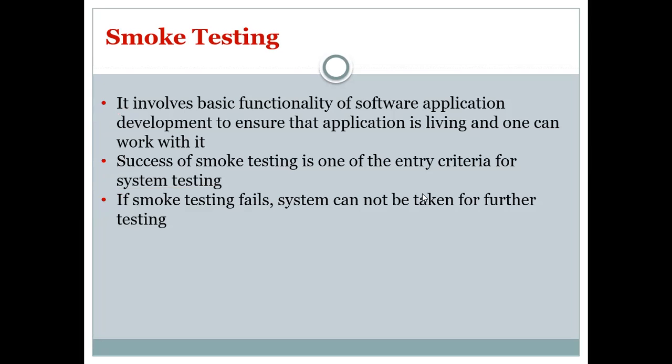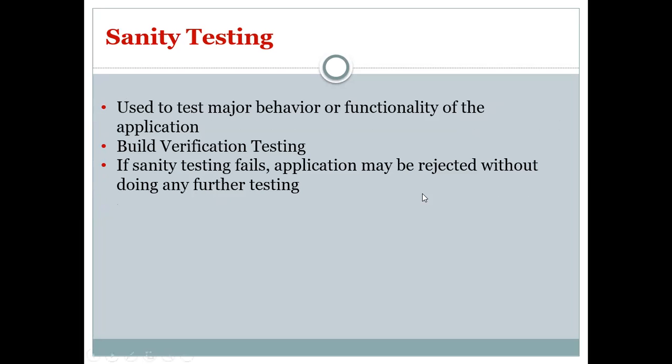Next is sanity testing. Sanity testing is used to test the major behavior or the functionality of the application. It builds on the verification testing.